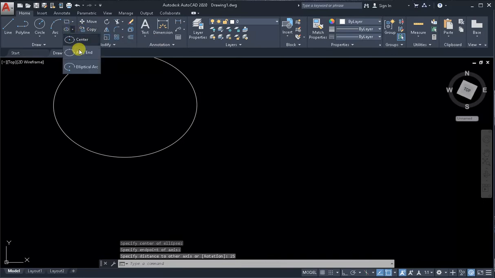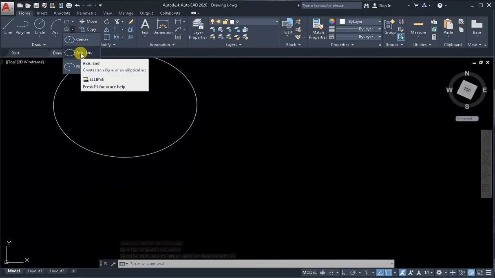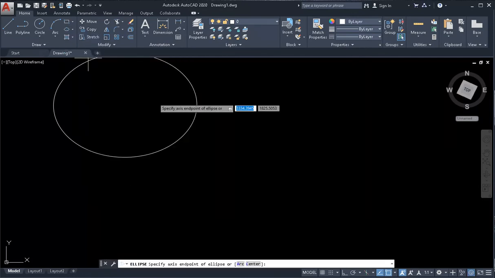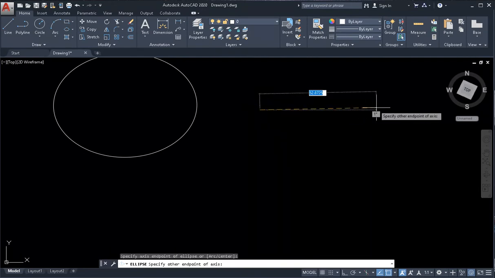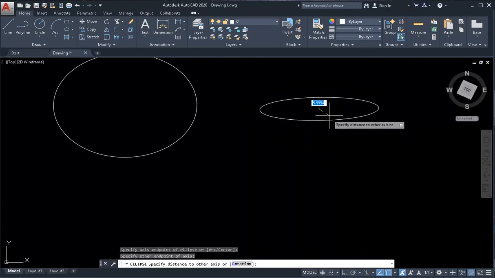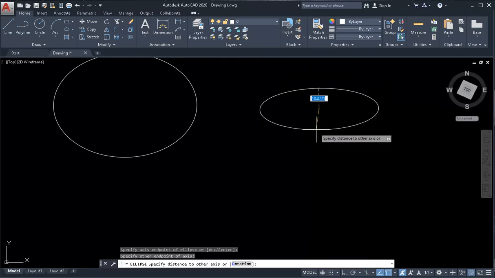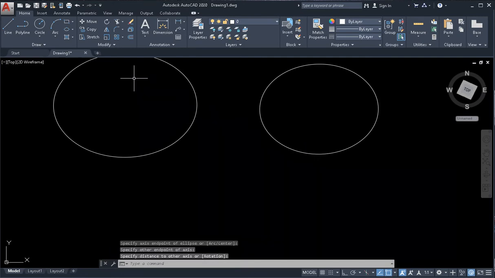Another ellipse is axis and end. Specify axis endpoint, specify other endpoint, and specify higher. Some way higher. Next step,